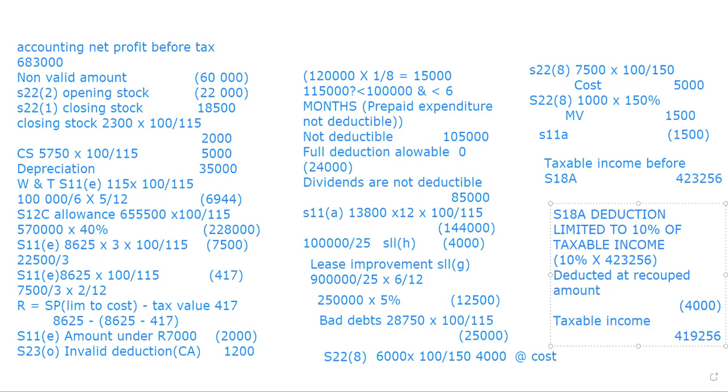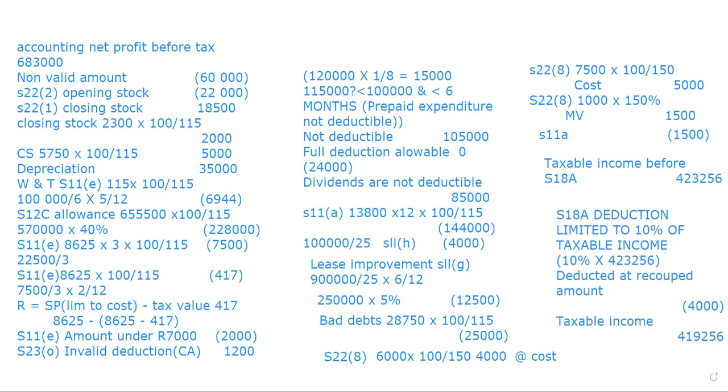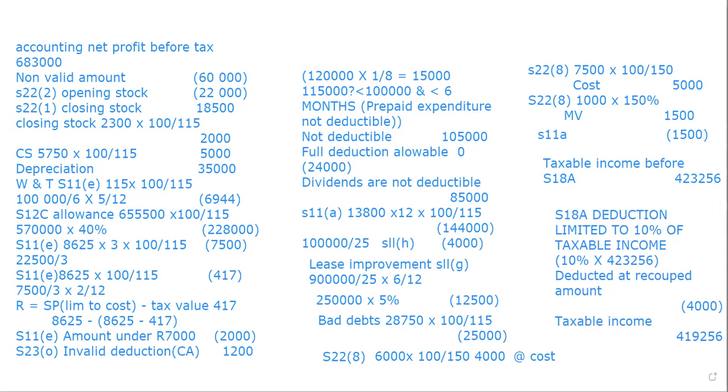Okay, where's this thing? So number one, taxable income given 683,000, you're right. Non-valid amount deducted 60,000, you're right. Opening stock deduction 22,000, you're right. Then